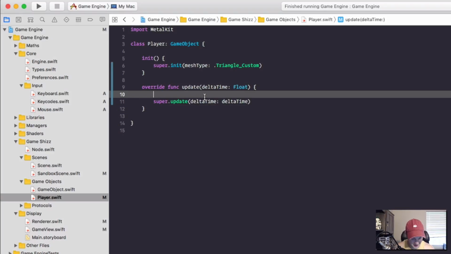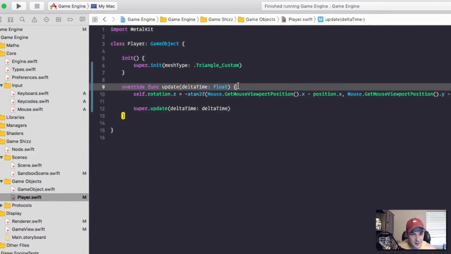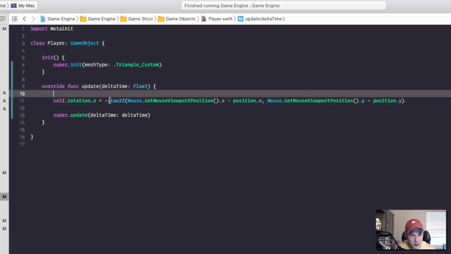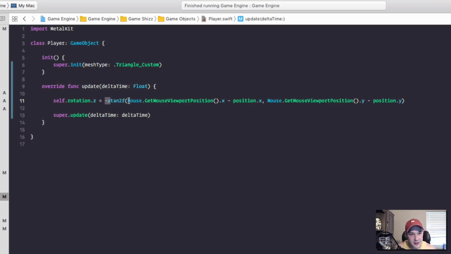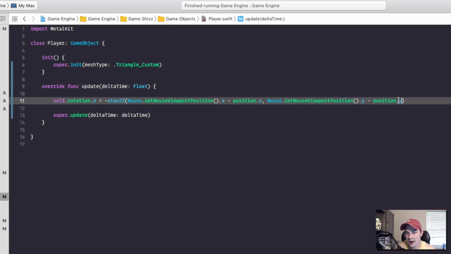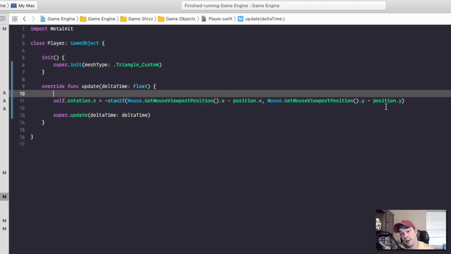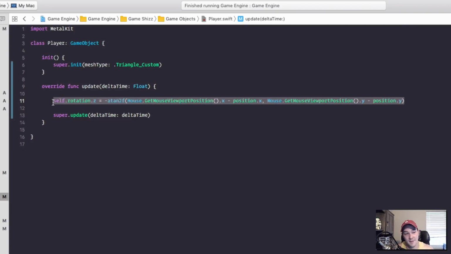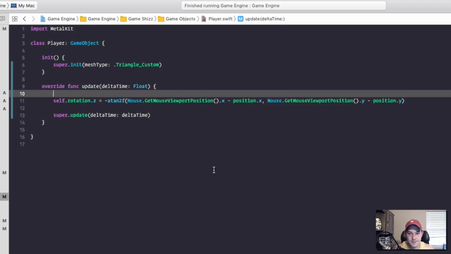All right. Use the arctan. So do the inverse arctan of mouse.getViewportPosition.x minus position.x, and then mouse.getViewportPosition.y minus position.y. So this is going to return the arctan of a number, and this is math, and I don't really understand it. I found this online a while back, and I've always kind of just played with it because it's cool. But if we press play,